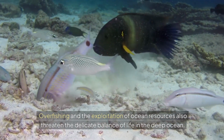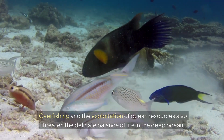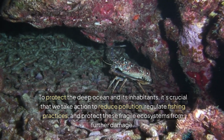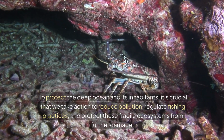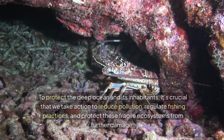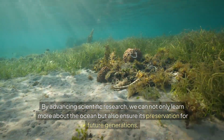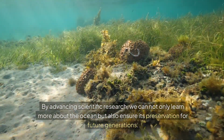Overfishing and the exploitation of ocean resources also threaten the delicate balance of life in the deep ocean. To protect the deep ocean and its inhabitants, it's crucial that we take action to reduce pollution, regulate fishing practices, and protect these fragile ecosystems from further damage. By advancing scientific research, we can not only learn more about the ocean, but also ensure its preservation for future